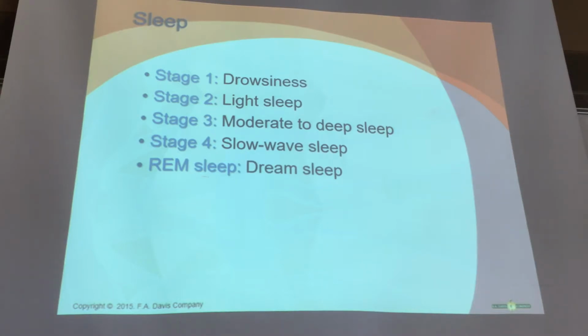So let's talk about stage 1. So stage 1, people will awaken easily, and so those brain waves are going to be very active. They're not really calm yet. In stage 2, brain waves show occasional spikes in amplitude, which is a reflection of the interaction of that thalamus and the cerebral cortex. They're talking back and forth to each other. Okay, so we're a little bit deeper sleep, not easily awaken, but slower brain waves,